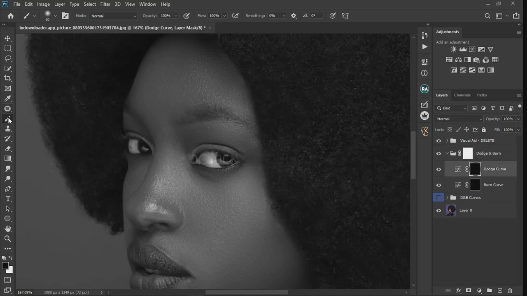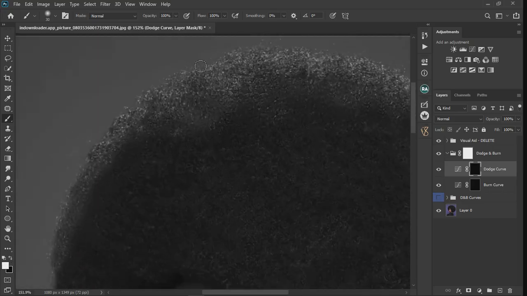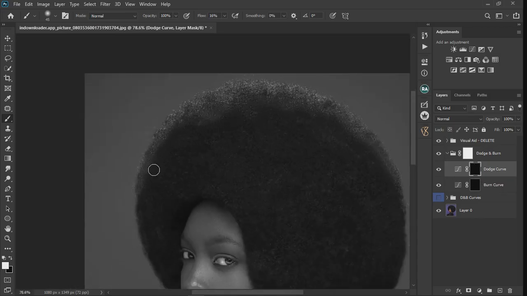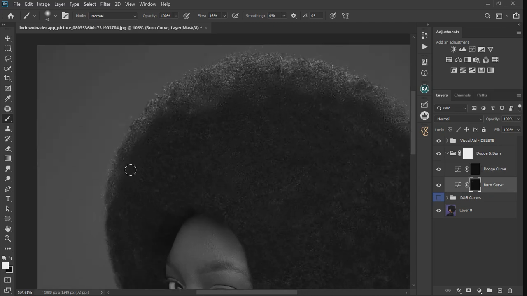Now I'm going to select this, and it's going to pick the tool, which is the brush. If your brush is not showing, just make sure your caps lock is off and your brush is going to come back. Okay, so now let's go ahead. I'm going to make sure the foreground color is white, and we can start with the hair. You can decrease the flow and brush. So this is burn, this is dodge. Dodge makes things lighter, Ctrl Z. So we need to make it black or darker. So let's just paint over, choose this mask and start burning